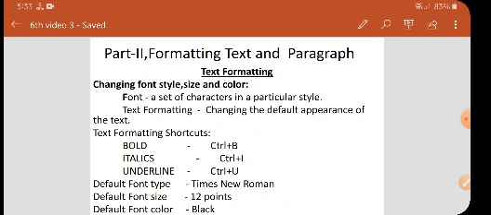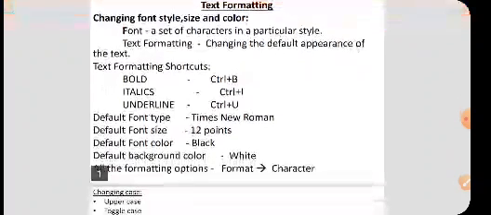The default font type is normally Times New Roman. The default font size is 12 points. We can change it to 20 or 22, maximum up to 72 points. The default font color is black. The default background color is normally white.